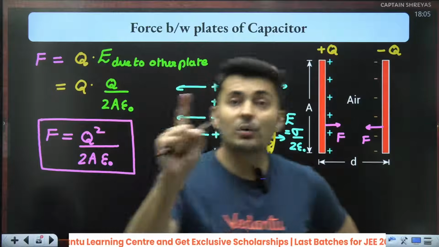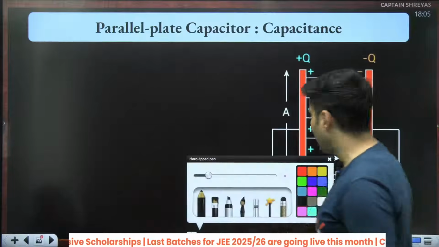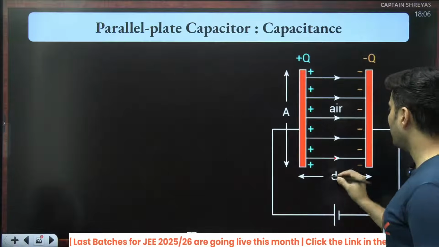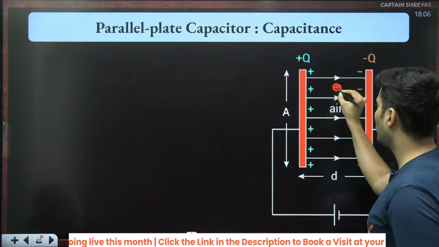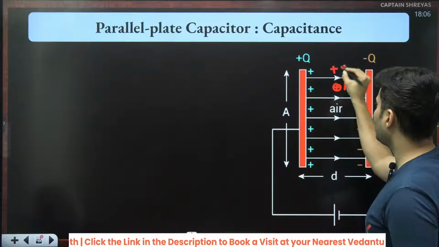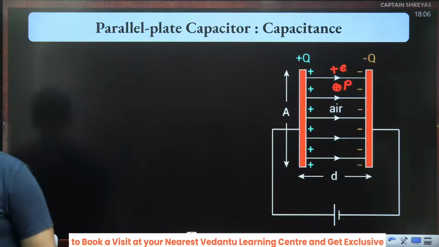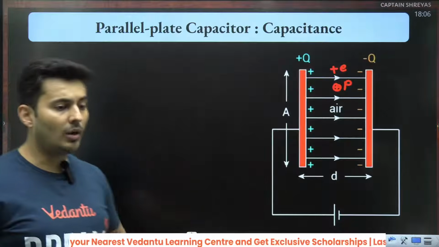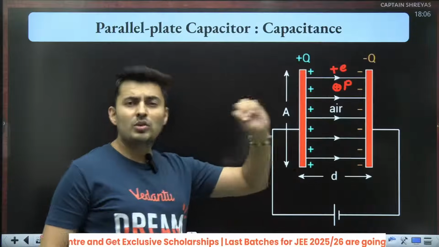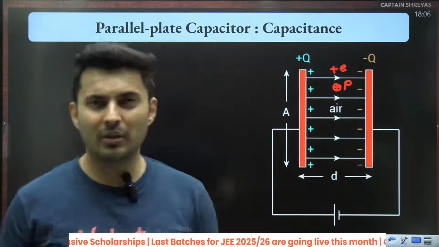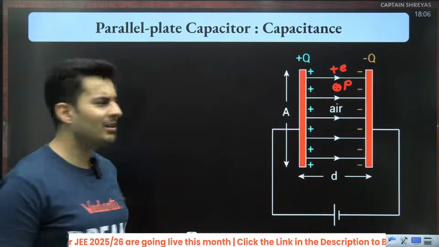Now, there are questions where I have also seen, in between the plates of a capacitor, they will tell you, listen, there is a proton or an electron. For example, there is a proton which has a charge of plus E. Then, what is the force on that proton? Or that electron, or that alpha particle, or that beta particle? Those kind of questions can be there. Maybe they will ask you to use some kinematic equations also. Why not? Force is there, acceleration is there, velocity will be there, displacement will be there. So you can use kinematic equations also.